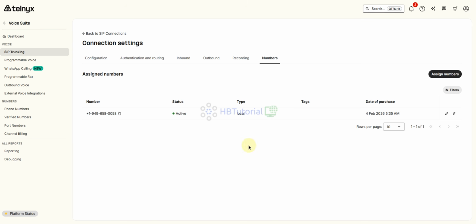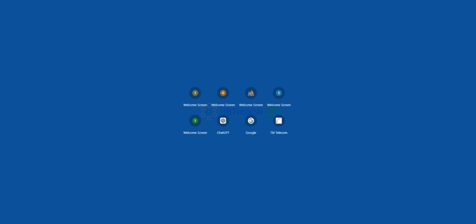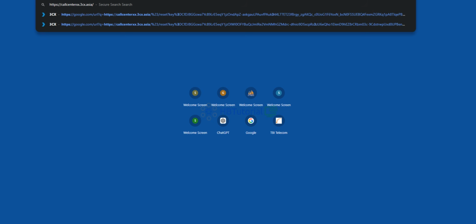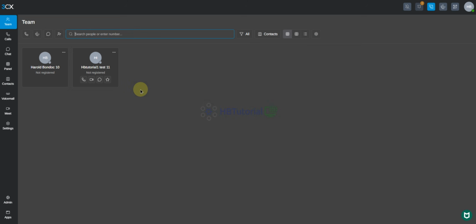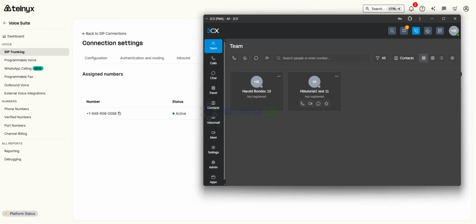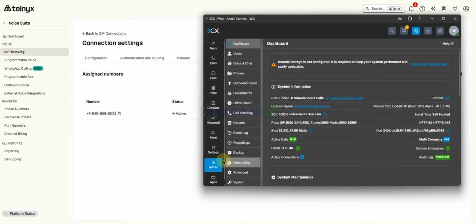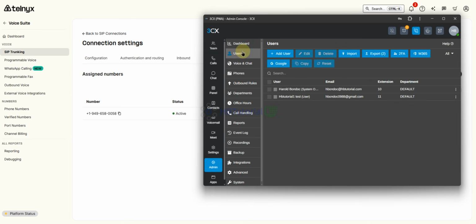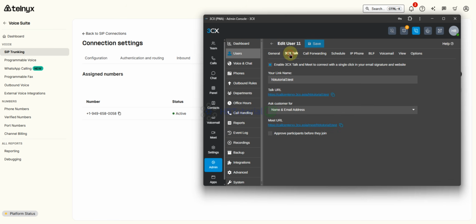We open the app, admin, and then user. 3CX.